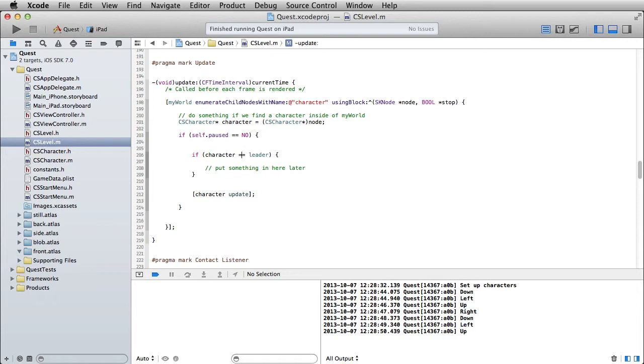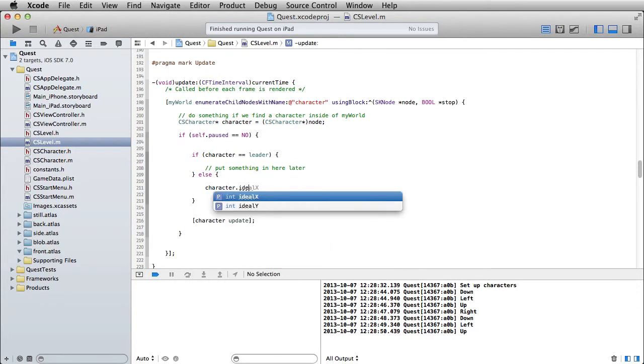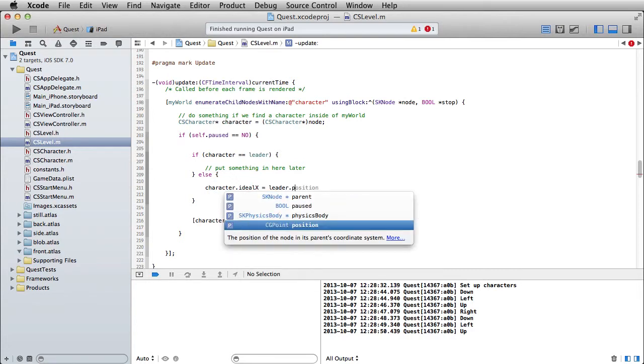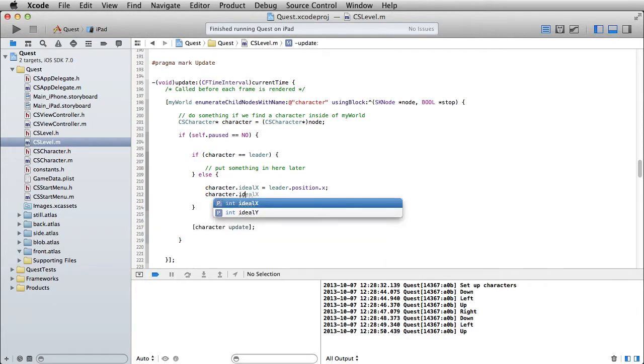Otherwise what I could do is just put if the character is not equal to the leader, but we are going to put something in there later. I just don't want to get into it right now. Else then we're going to say character.ideal x, and again, see I don't use the underscore there, equals leader.position.x, and then we'll do the same thing here, character.ideal y equals